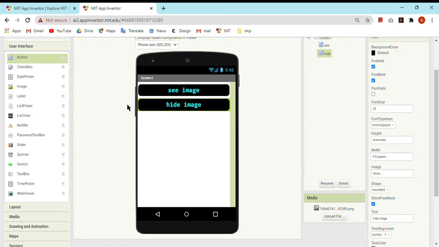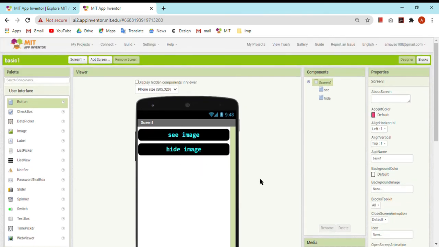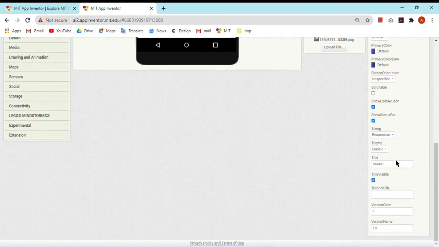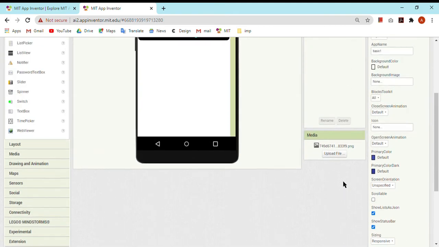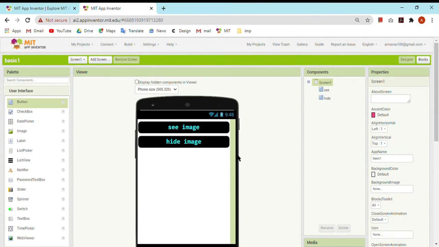Now I change the properties of background. See here. If you don't want this screen title to be visible on your screen, just make it blank and title invisible. Now this is not visible.